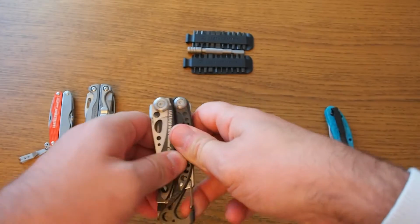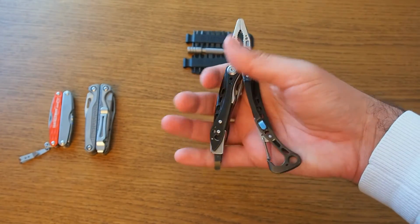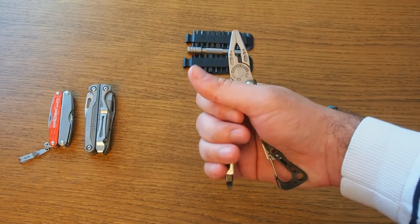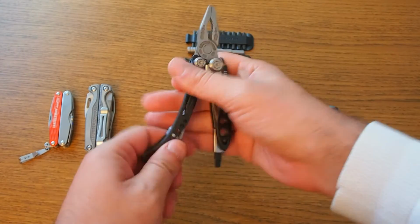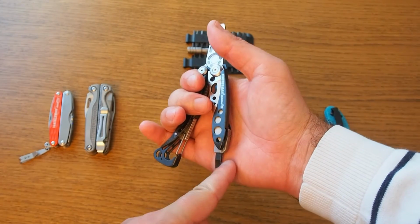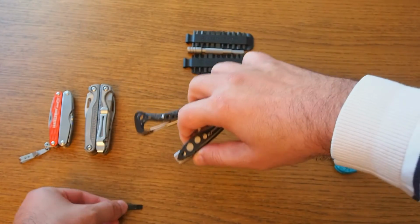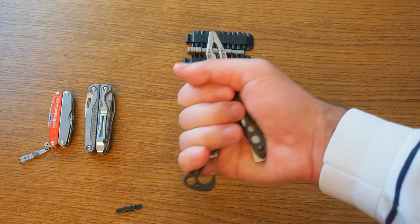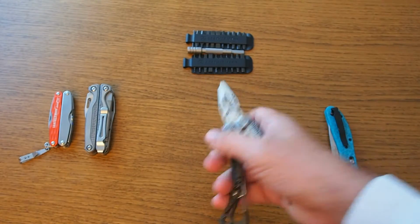And the pliers, last but not least, as you can see, very odd shape. At first you would think that it fits best like this, but yeah, the bottom part here digs into the palm, so it works best the other way around. But even then, when you have big hands like me, the driver bit digs into your hand, so it's best to take out the driver bit, and only then it's somewhat comfortable to use. Okay,